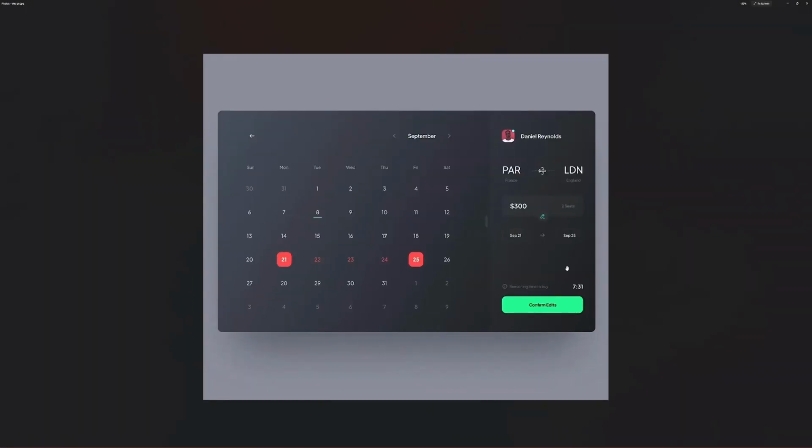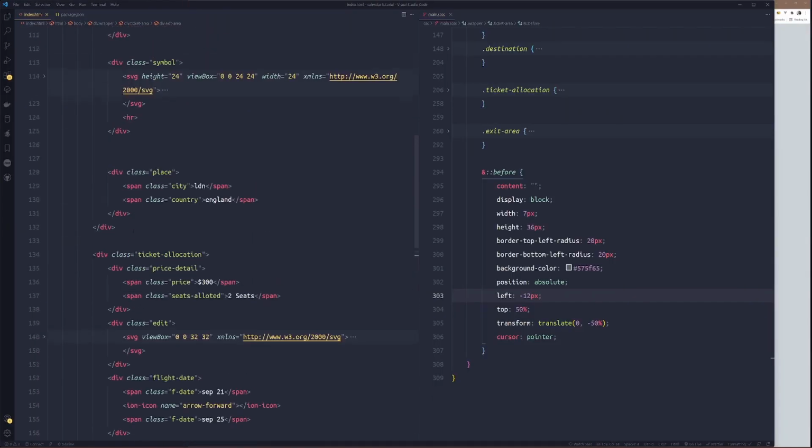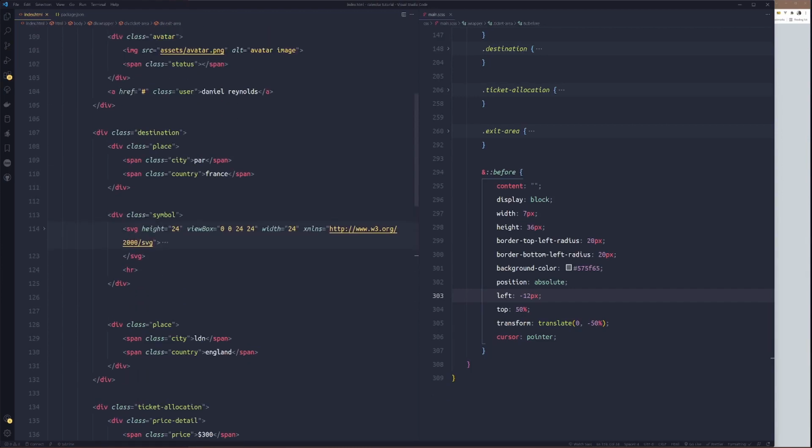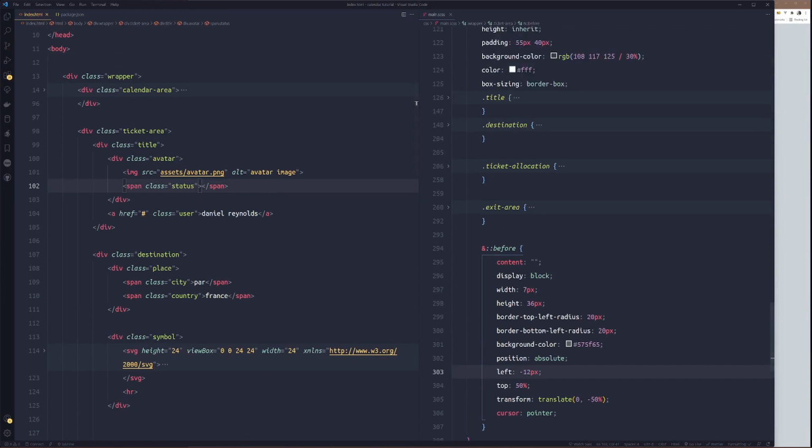Oh, can you imagine? We forgot this circle here. We styled and we created the markup for it. So we need to add that stuff there. I think it should be under title, status. I believe I forgot that thing. Status. So under title here.